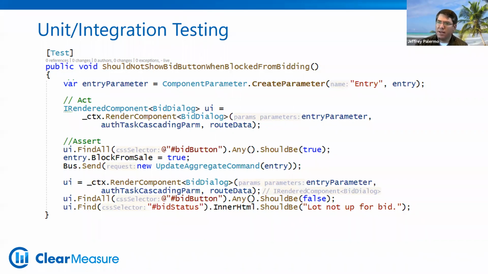But it enables you to do an arrange, act, assert pattern, starting with a Blazor component, a Blazor code file. And what we're doing is we can set the parameters, we can tell it, hey, render the component based on what you're doing, and then we can find the different elements and make sure that what happened was what we expected to happen. And we can either include different parts of the application or we can mock different parts of the application and assert that certain parts of the application were called in the right way. And so bunit is the library that you need to be using at this point in time for making sure that you have tests around those Razor files, around those Blazor components,